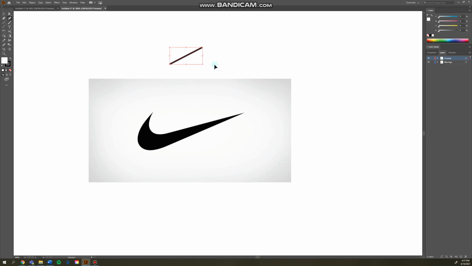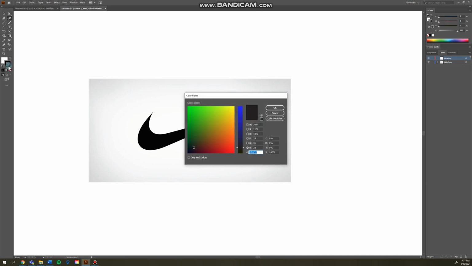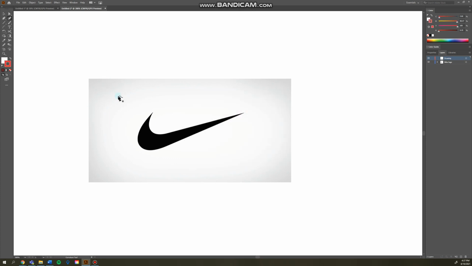Now you can see the pen line that it creates is black. Because my Nike tick is black, I'm just going to come over here, click on the stroke, and change it to red, just so we can see it a bit better. So there you go, you can see the line a bit better. Now, I'm going to start right on this tip, and